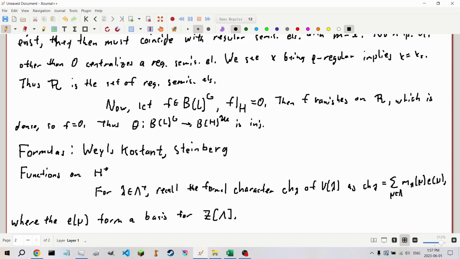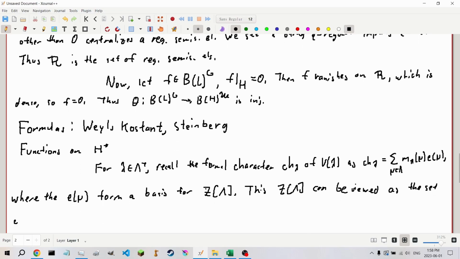So you can also define formal characters for infinite dimensional modules, Z round brackets of an individual lambda. But it says here that it's awkward to work with the infinite formal sums, so instead we're going for what they call a more suggestive formalism. So this Z square bracket capital lambda can be viewed as the set of integer valued functions on our set of weights, which are zero outside a finite set,